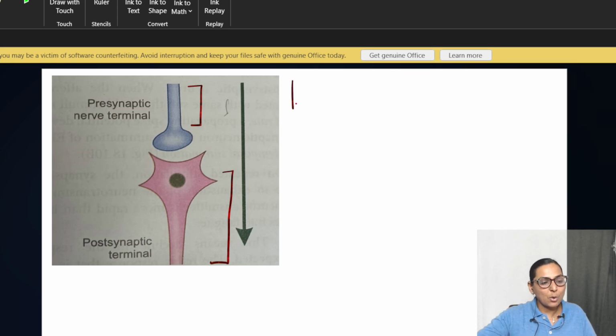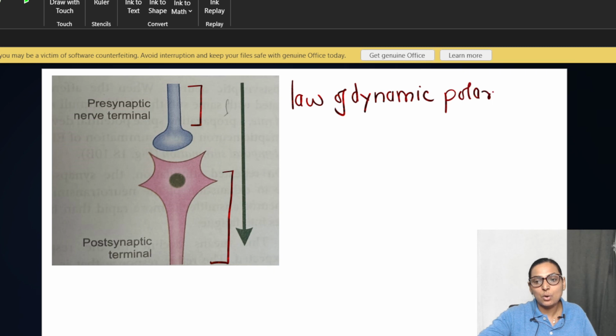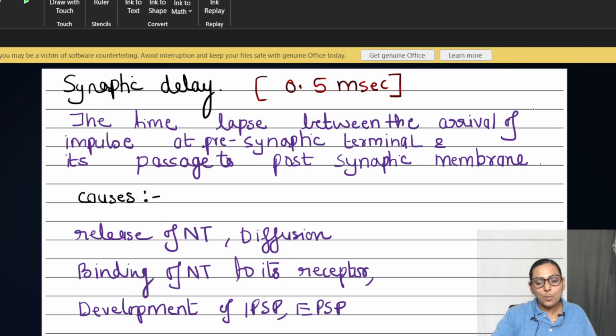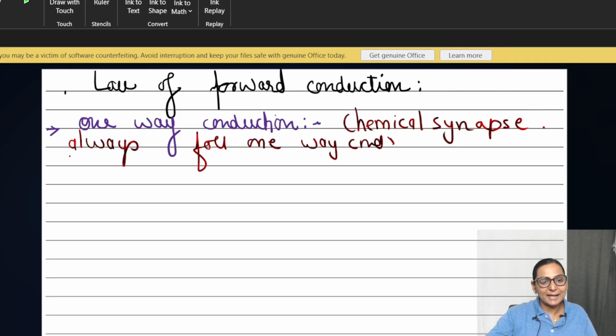This is also called as the law of dynamic polarity. So first important thing, what is one-way conduction, which is also called as the law of dynamic polarity? Second, as it is passing from the presynaptic to the postsynaptic terminal. Next important thing, what is the cause of this? The next important thing which we need to know is what is the cause of this forward conduction or the